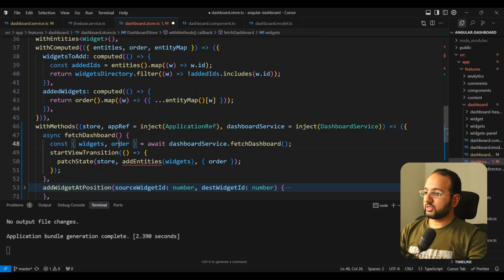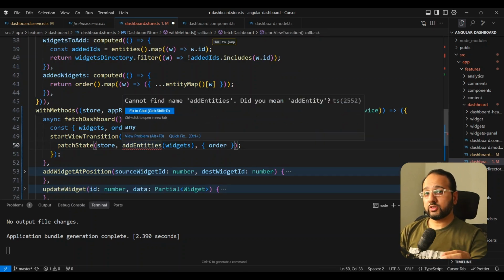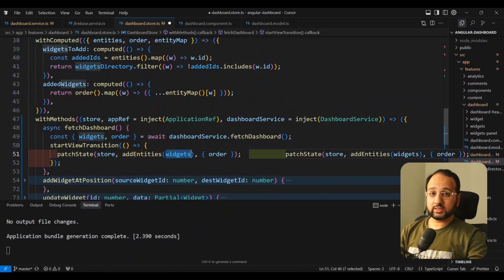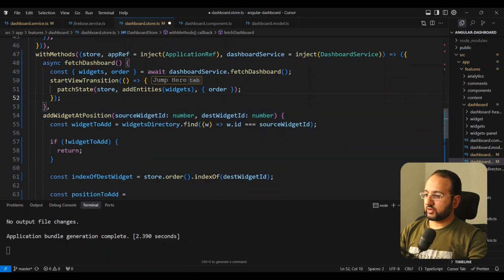we're going to get our widgets and the order, and then we're going to use the addEntities function of the NgRx signal store entities custom feature. So we're going to add the widgets as entities to the NgRx signal store and also the order. So we're going to patch in both of these, and of course we're going to do this in a startViewTransition so that it's all consistent with all of the other changes that we have when we add or